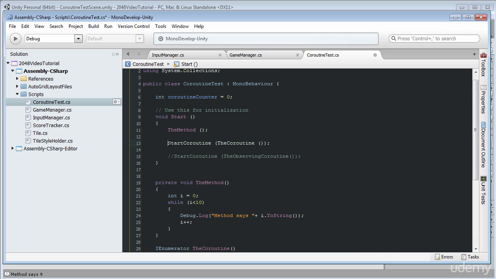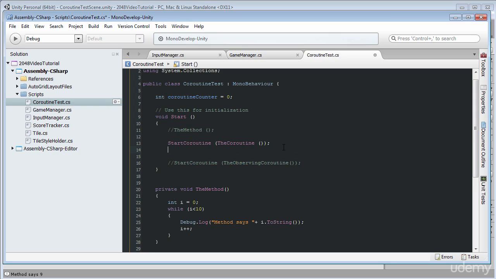So I will uncomment our method start coroutine. And also I wanted to say that there is this syntax that we have to use when we launch our coroutines, so we cannot just say the coroutine and call it like a method. We have to say start coroutine, and there are two ways of calling them. So the first one is we can write the call to the method inside of these parentheses of our start coroutine